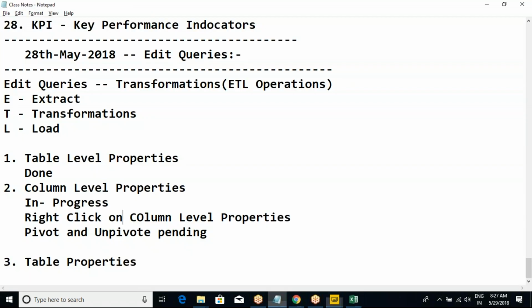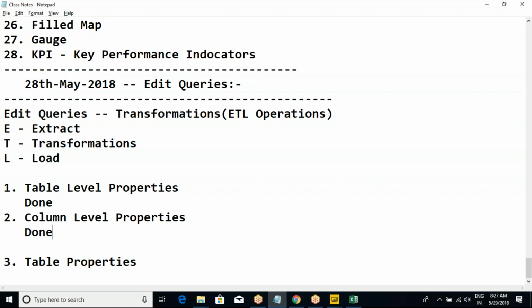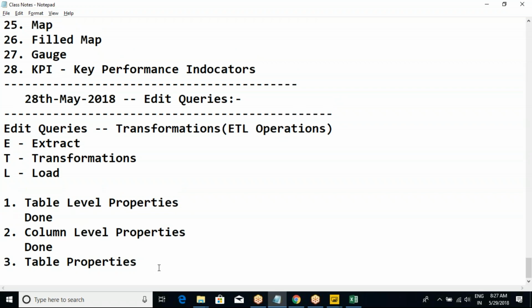So that is what about the, like, we completed everything here. Okay. Column level properties also is done. The next one is,